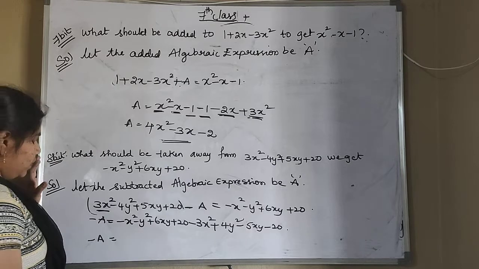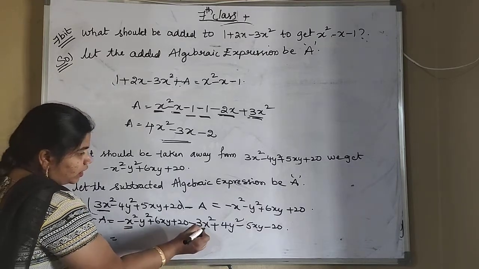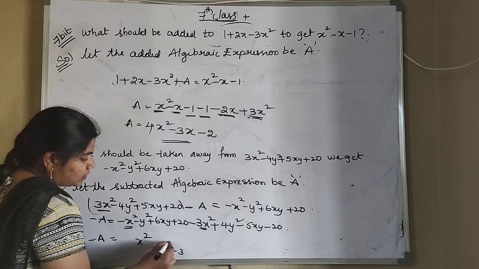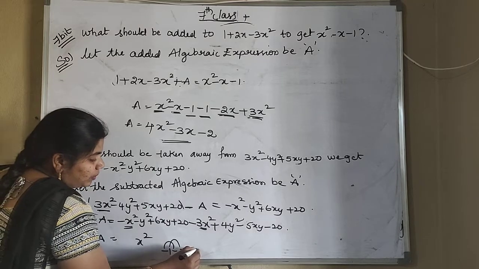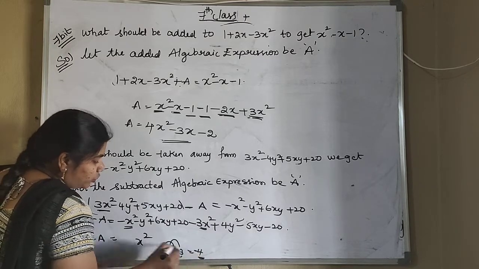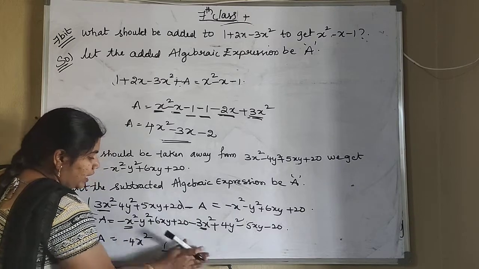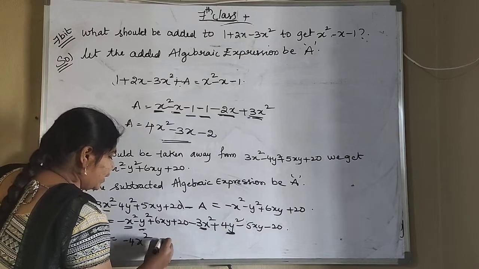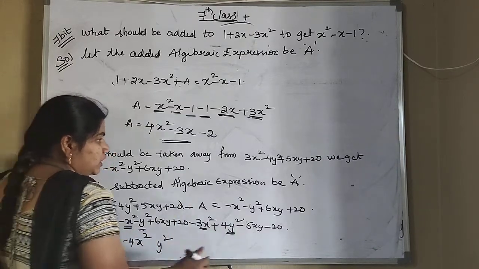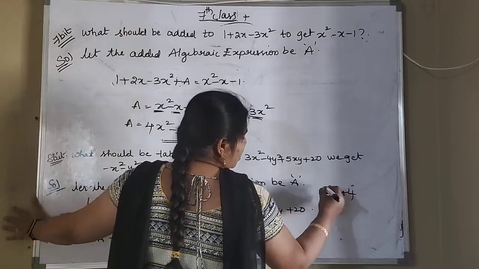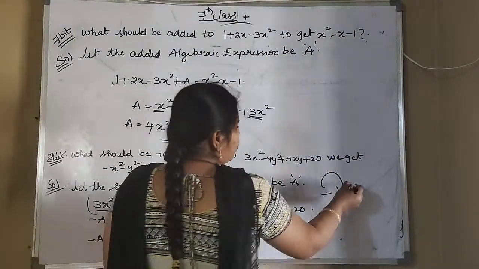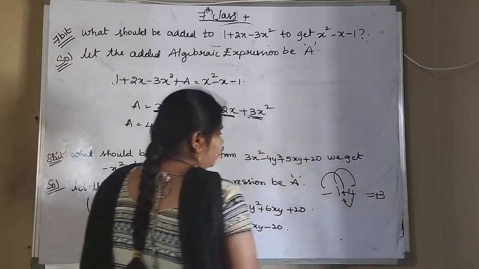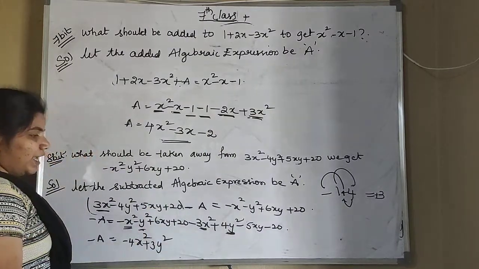Now like terms you see. So what are the like terms here? X square, x square. X square I am writing as it is. Now minus 1 minus 3. Minus into minus will be plus. 1 plus 3 will be 4. Bigger number sign is minus. So you got it as minus 4 here. Okay. Next is y square terms you see. Y square, y square. So y square I am writing as it is. What are the coefficients here? Minus 1 plus 4. Minus into plus will be minus. 4 minus 1 will be 3. Bigger number sign is plus. So you will get it as plus 3y square.